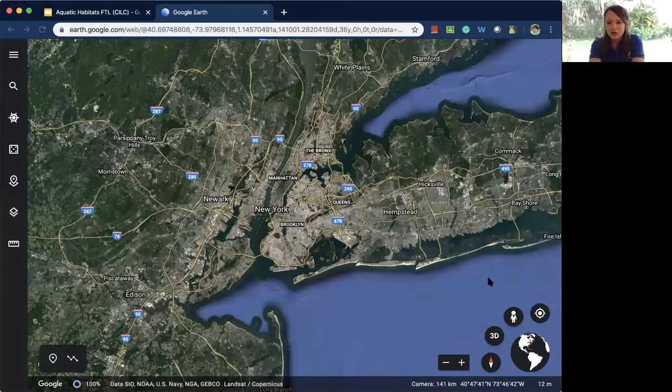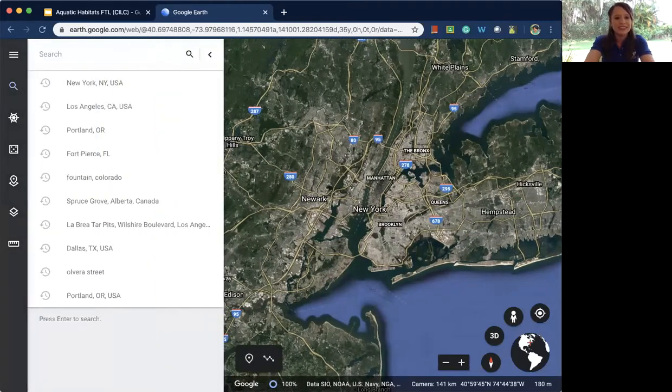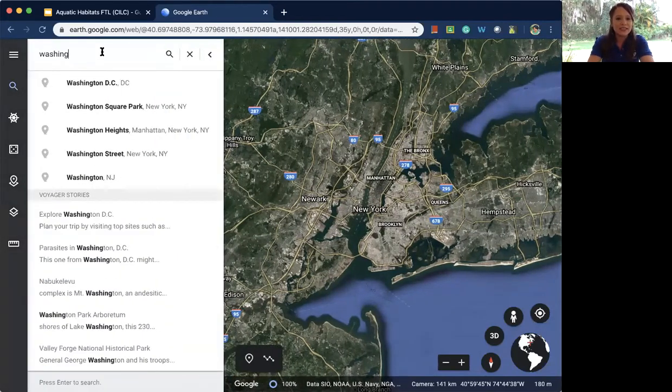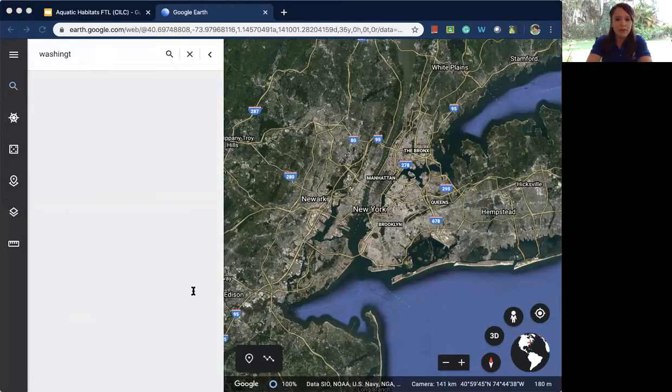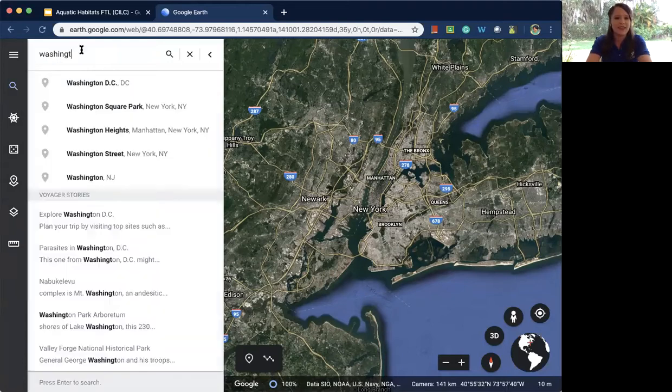So exciting. I'm having a bunch of students that are telling me where they're located right now. So I wanted to show you and share with you. One is New York. So we went all the way from California back over to the East Coast to New York. And then we have another one that is in Washington State. So let's see here. And actually, I'm not sure of the city. We are in Boswell, Washington. Love it. Let's check it out.